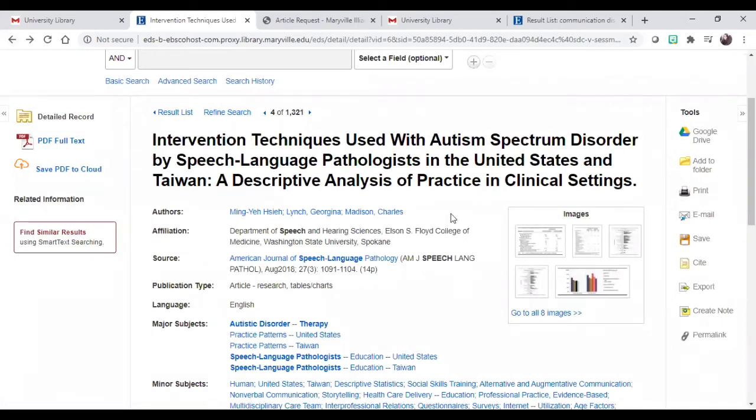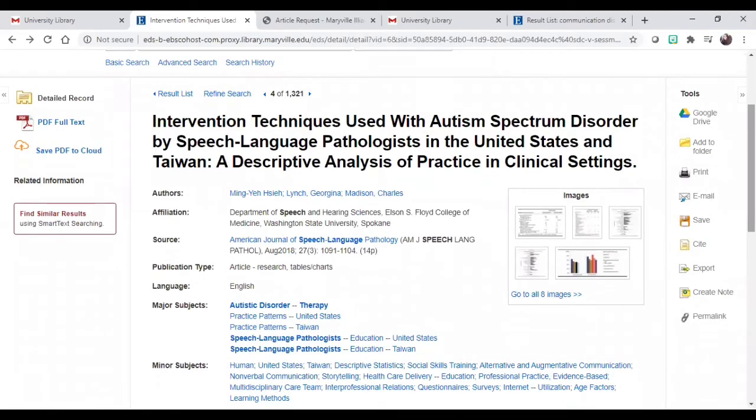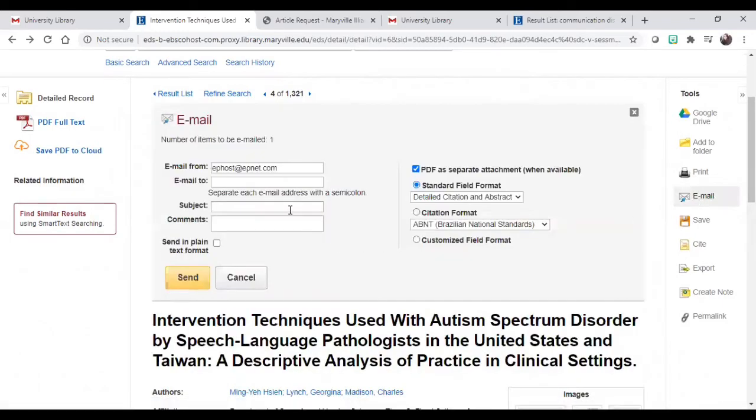So if we go back to the record page and we come over here to the right side, we will be brought to the tools box. So here you can do a few different things. You can email this article to yourself or to somebody else if you are working on a project together. You can type in whatever email you want here, any subject line you'd like the email to have, and then any comments you want attached to this.